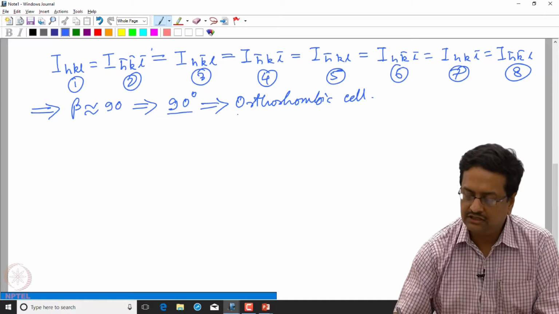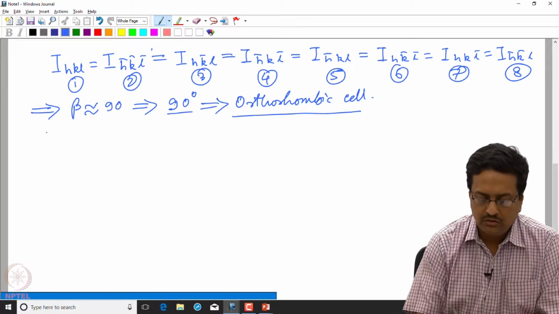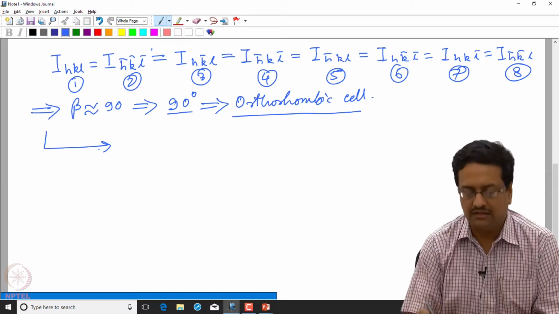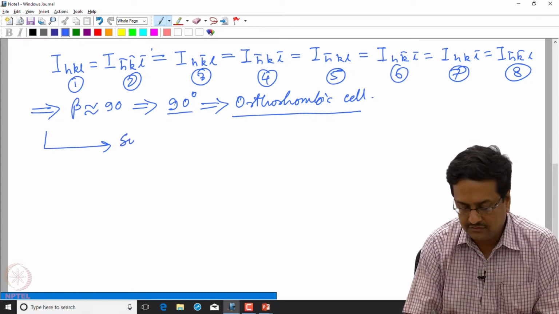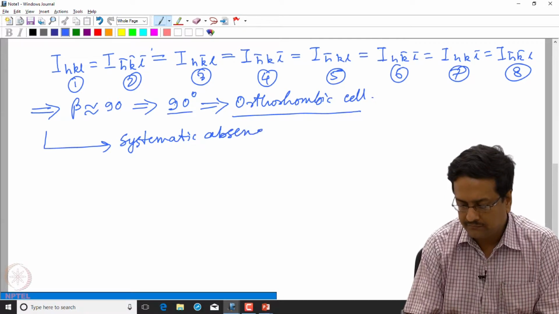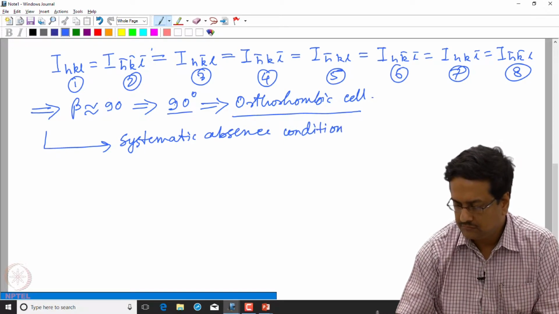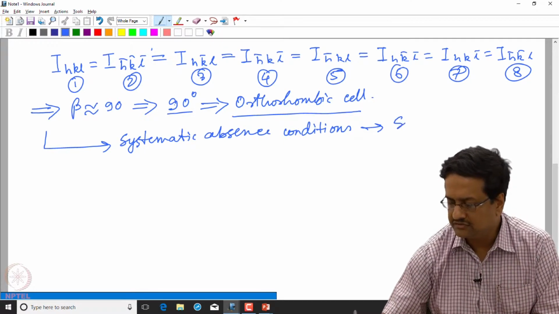If we do not determine the correct crystal system, which is then used to find the systematic absence conditions to determine the space group,